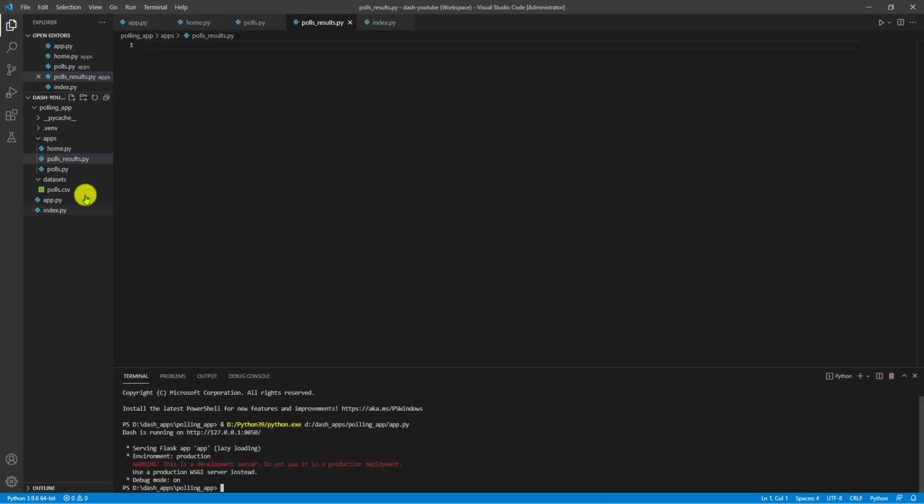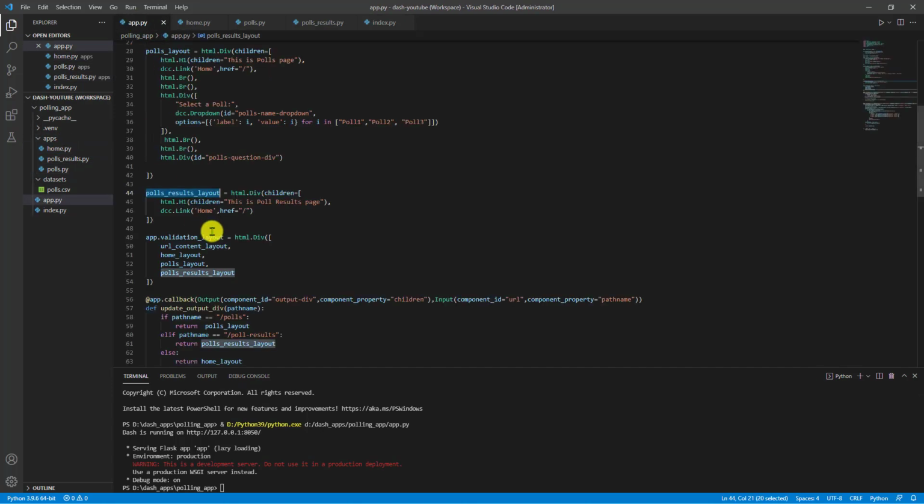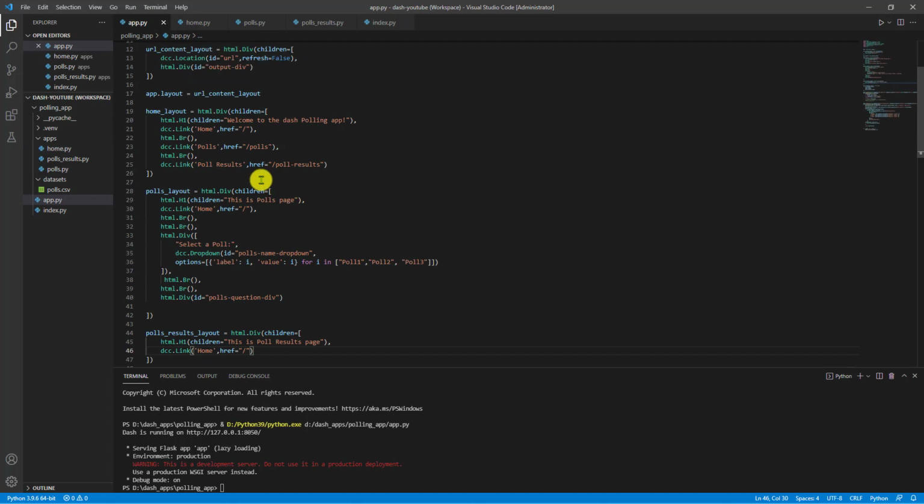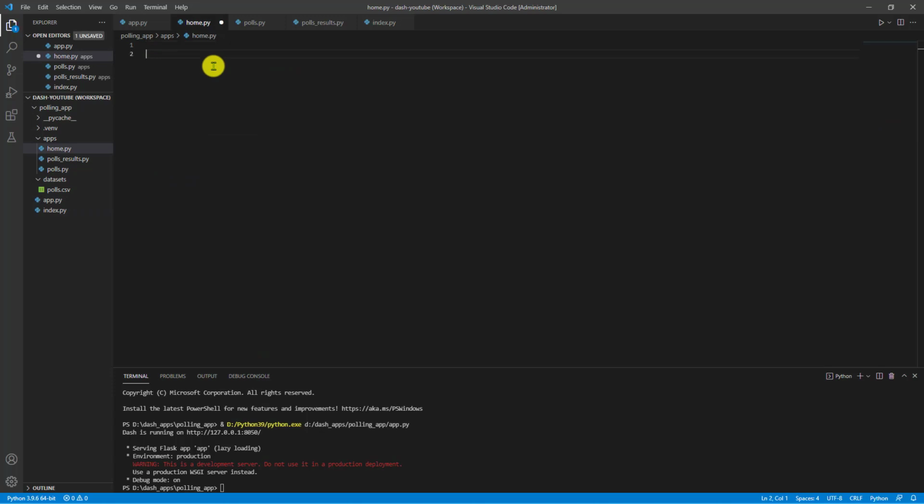We will start with home.py. From app.py, this is our home layout. I will copy the layout code and paste it here.